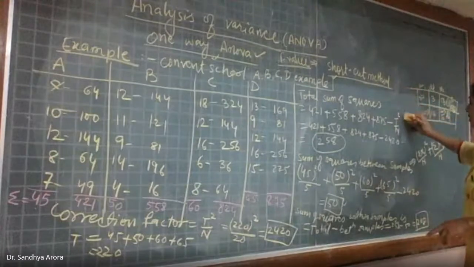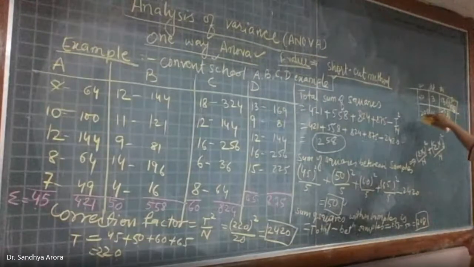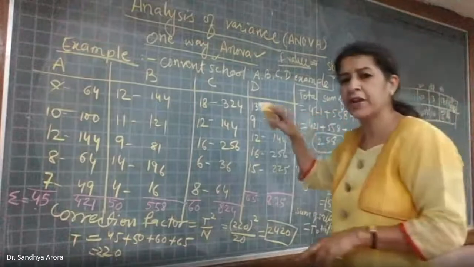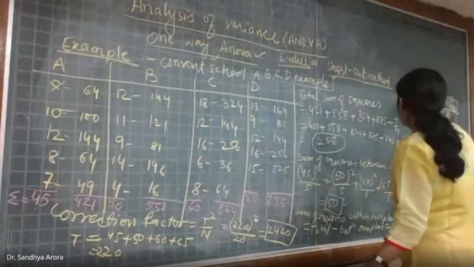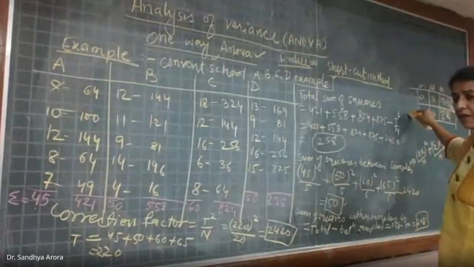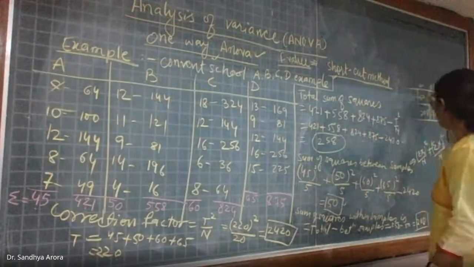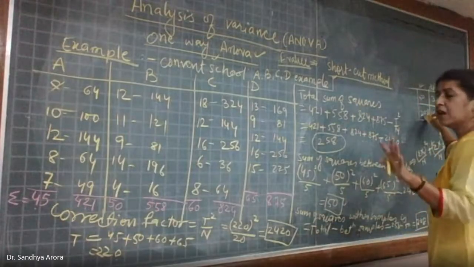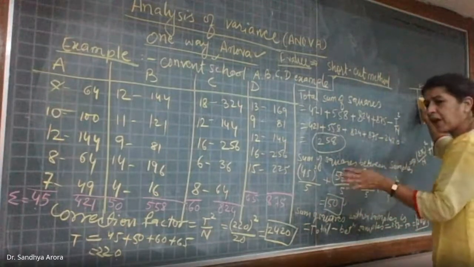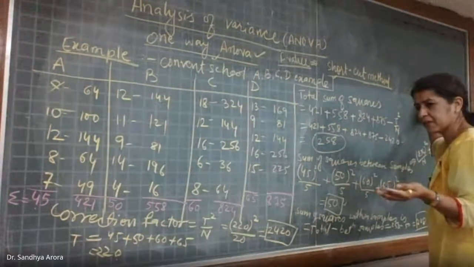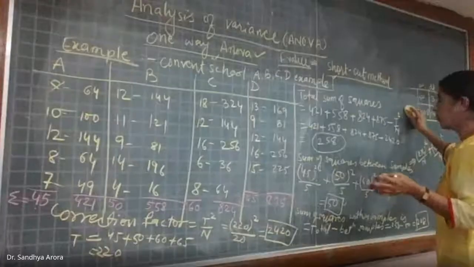Okay, I won't write it here because this table is the same as the table you created in one way ANOVA, the example we did yesterday. We created a table between sample variance and within sample. The table is the same, and the quantities written are also the same. I was just telling you that you are getting the same result, so you can prepare the table in the same way as in the previous case. This table is not new.